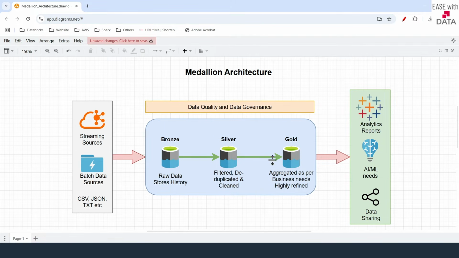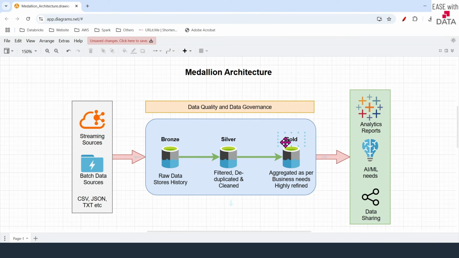When we move from left to right, the data gets more refined and the data gets more validated. So the first layer is bronze, where you store the raw data and you also try to keep the history. You can even add some audit columns like timestamps when you ingest the data in order to make sure that you keep the audit of the data. And while the data moves from left to right, you can join the data and make it more refined using filter, deduplication, and cleaning techniques. And once the data is transformed, you can keep it in the silver layer,